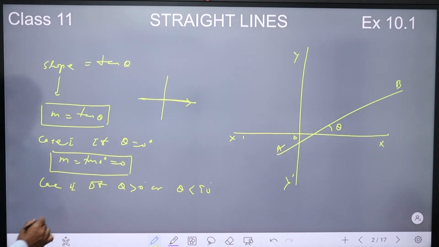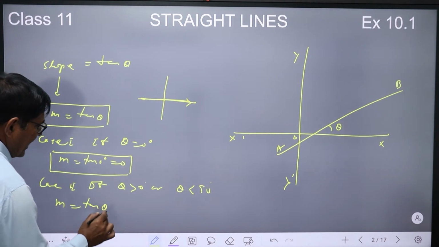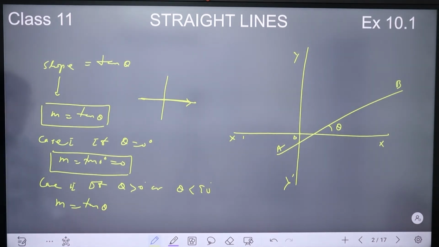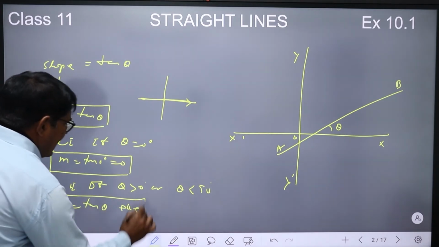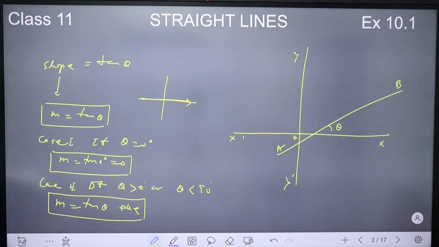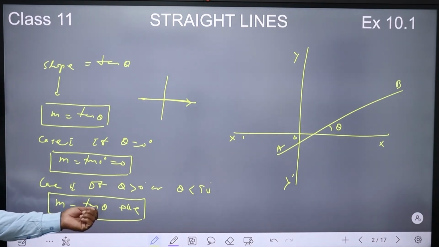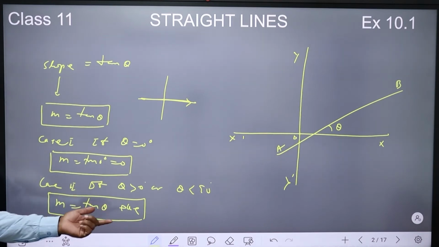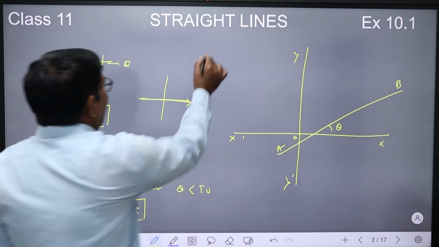In this case, slope m will be equal to tan of theta, and this will be a positive value, because if theta is less than 90 degree, then the slope of the line will be tan of theta, and its numerical value will be positive. So this is the second case. Case third,